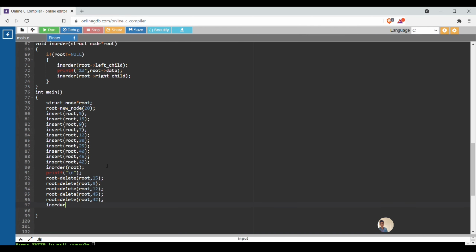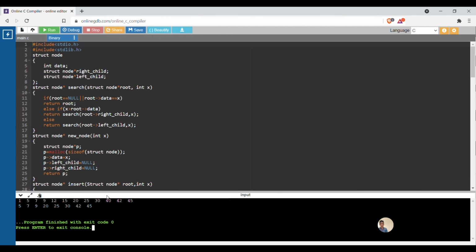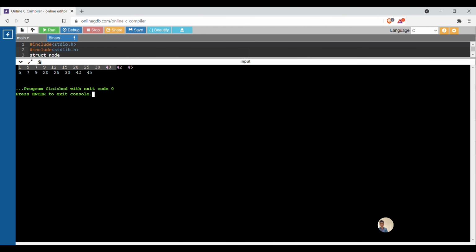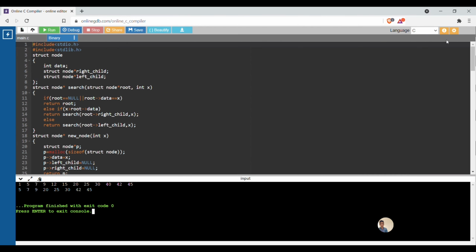After that give the values of the deleting element. So I am giving the delete element value. So give it randomly from the inserted elements. After that close the main function and run the program. You will get the output. Yeah, now you can see that 5, 7, 9, 12 are inserted, and after deleting you will see the output. Yeah, that's it.